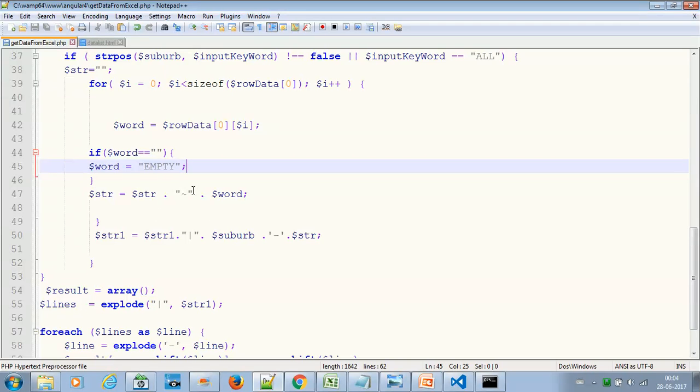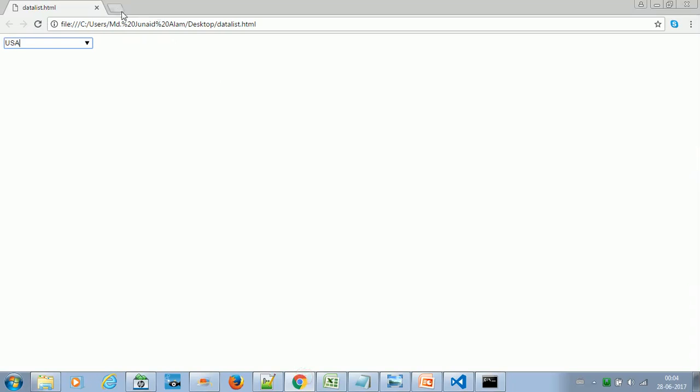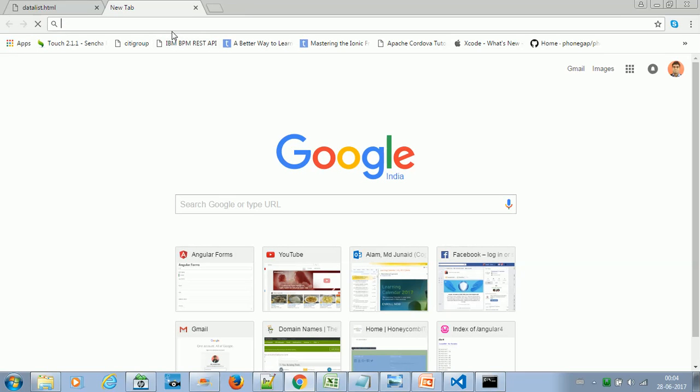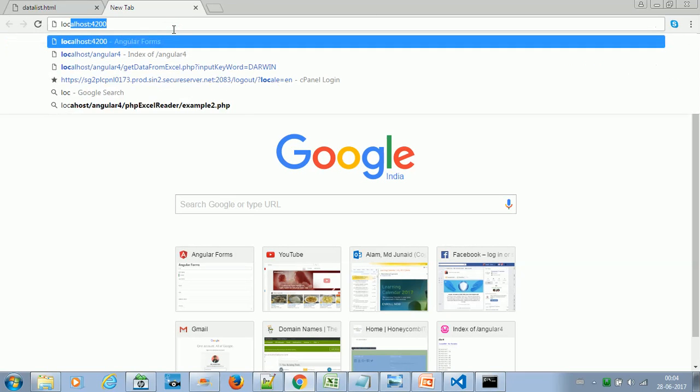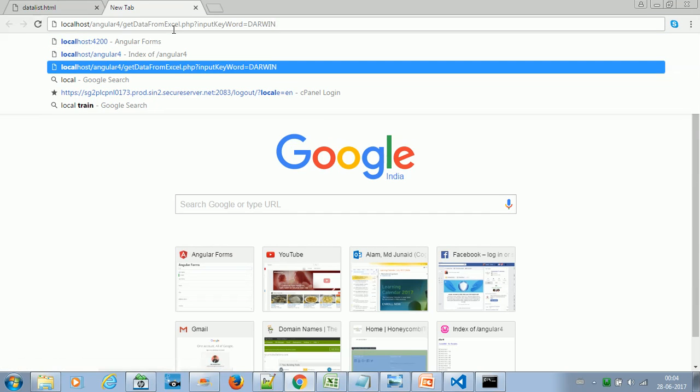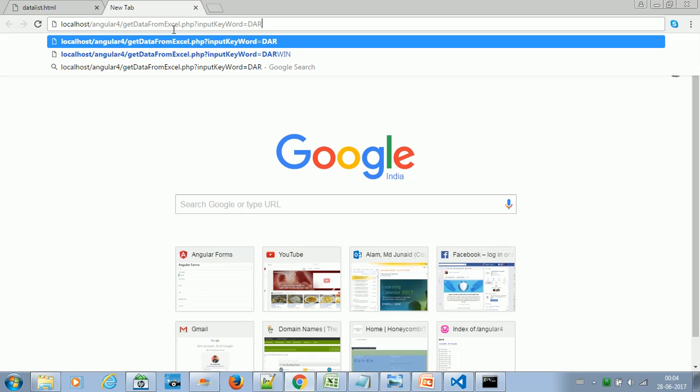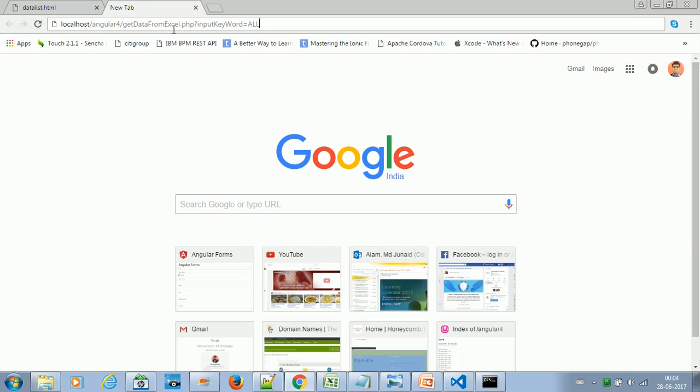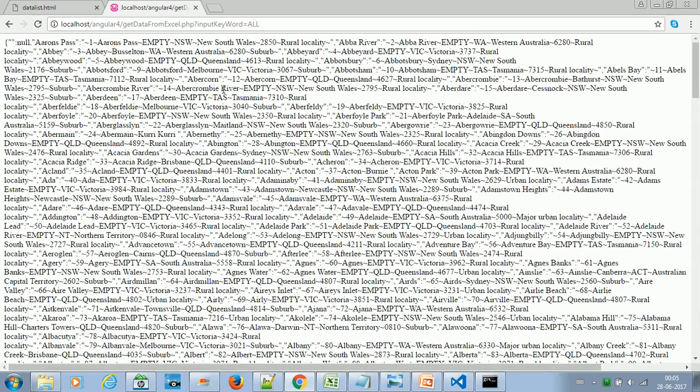And then I have used a little bit complex algorithm over here, not very complex once you understand. I have used some separator because I wanted a JSON structure like this. So let me first hit the URL and then I'll show you. I have written all those algorithms just to get this kind of JSON structure. Keyword by default is all anyway, so I'll just say all. So I am hitting the PHP server, that is the Apache server which is embedded inside WAMP server, and I get this